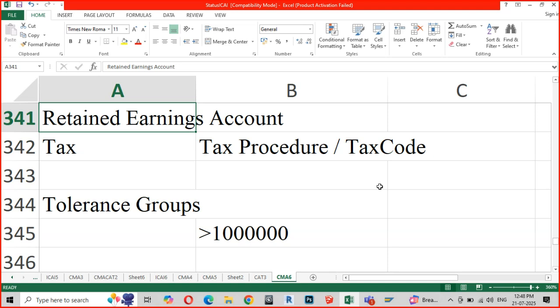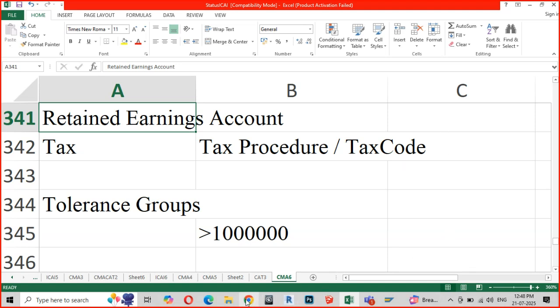So the first and foremost activity of an implementing consultant is to create this retained earnings account and then create the other general ledger accounts. Did you understand the connection?